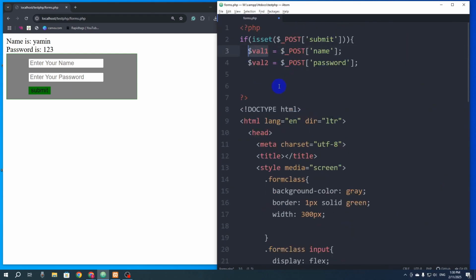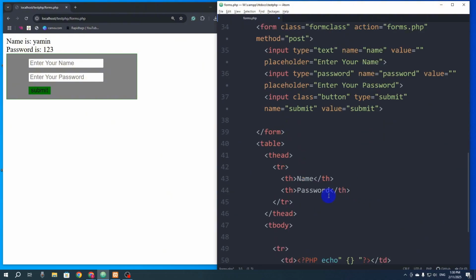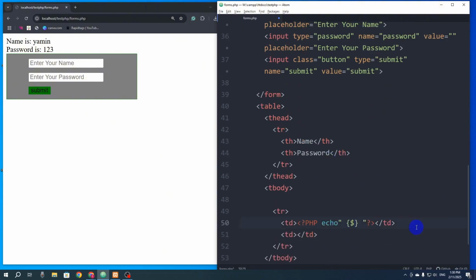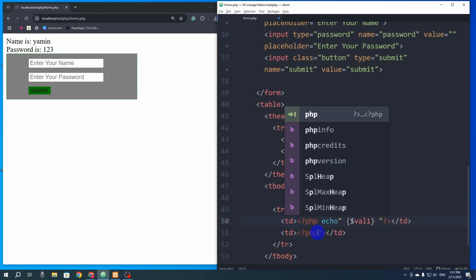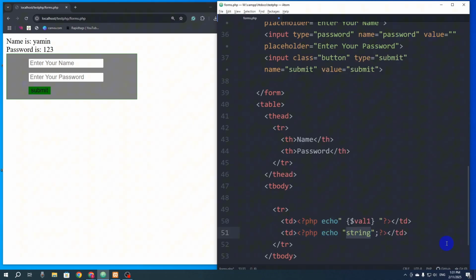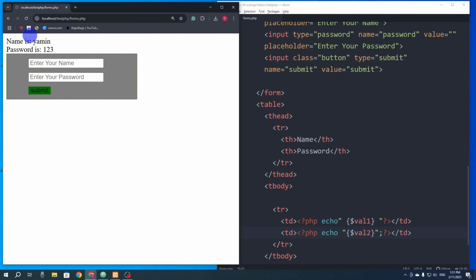val1, and password is val2. So I will say here $val1, and in the next line, once again, you have to write a PHP script. We can write PHP here like this, and here we will say echo, and our second variable, that is $val2. That's it. Now if I refresh